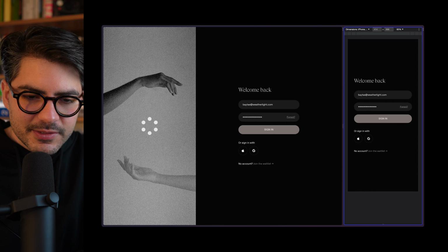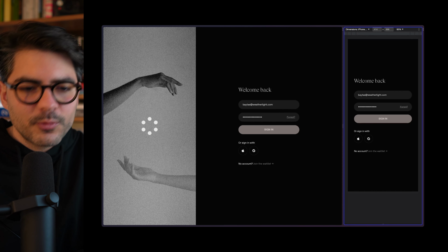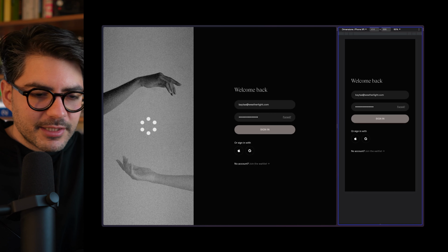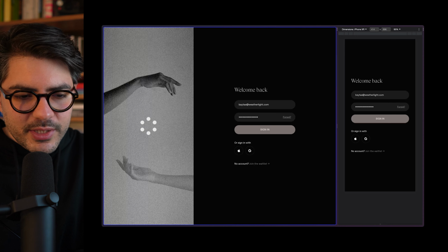I really like this kind of split display for these kinds of reviews, but also when I'm developing websites, this is really, really useful to me. So I'll be using this view to show you the mobile version of the site and the desktop version together on the same screen. But let's dive in. When we hit